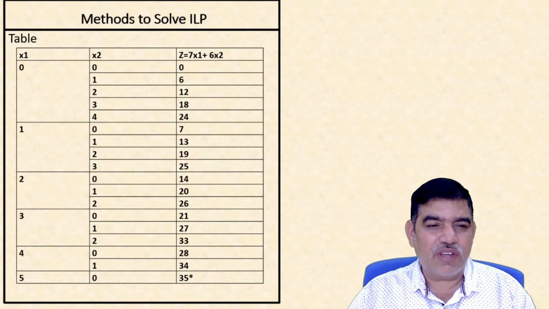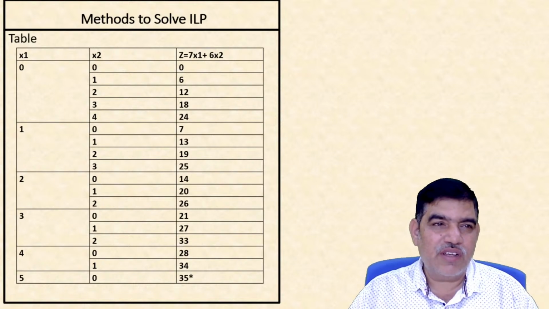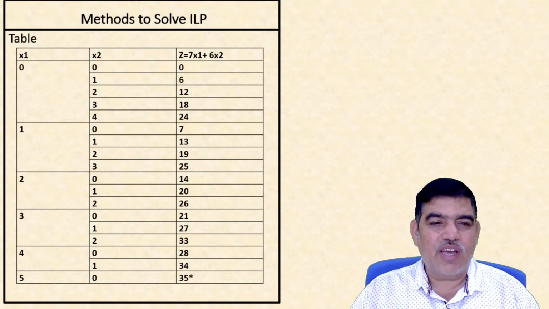We take x1 equal to 3 and x2 equal to 1, the optimal value is 27. If x1 is 3 and x2 is 2, then the optimal value is 33. Similarly, for another point, let us consider x1 equal to 0 and x2 equal to 0 and 1. When x1 equals 4 and x2 equals 0, if you put that value in the equation, z